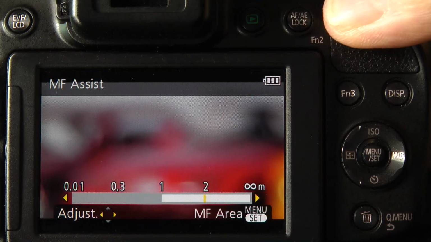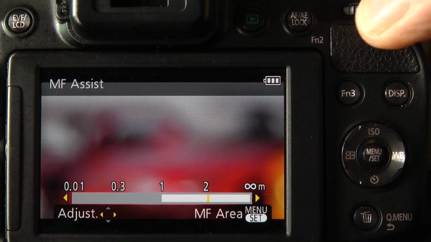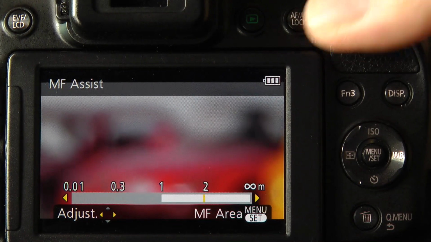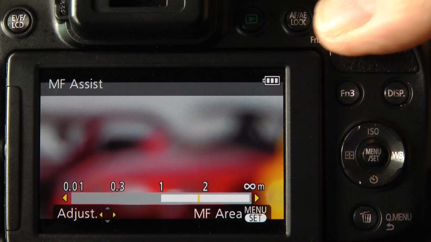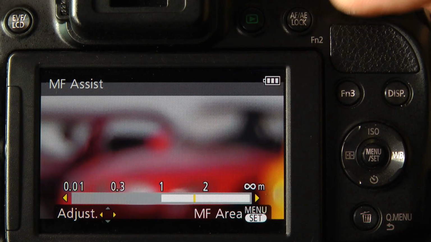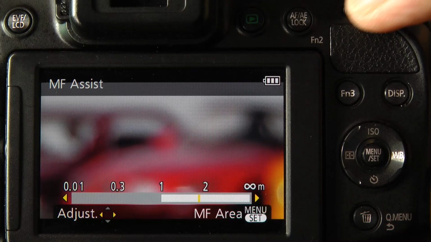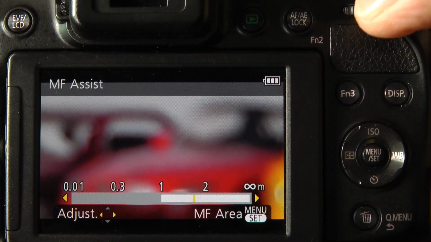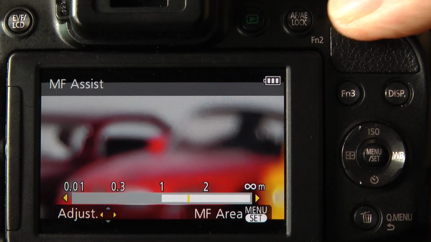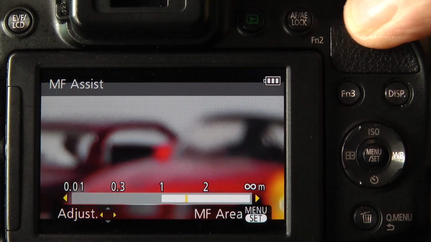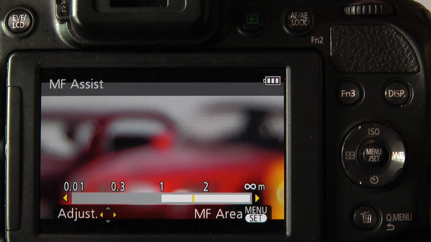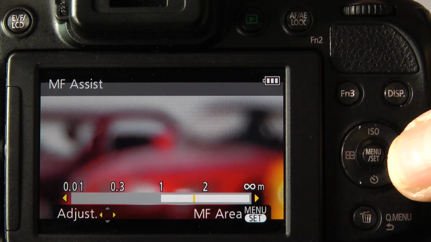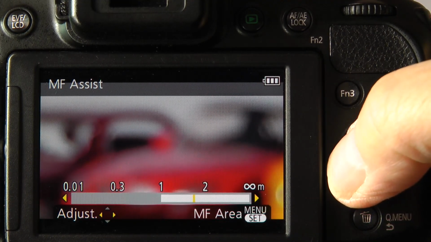So if I click to the right, you can see that the display brings up a manual focus screen, and on that screen you can see the distance from 0.01 of a meter over to infinity. So once you're in this mode, you've got two methods to change the actual focus point. You have either the top control dial, which I'm using now, to change the focus position, or you can use the navigation buttons left or right, whichever you prefer.